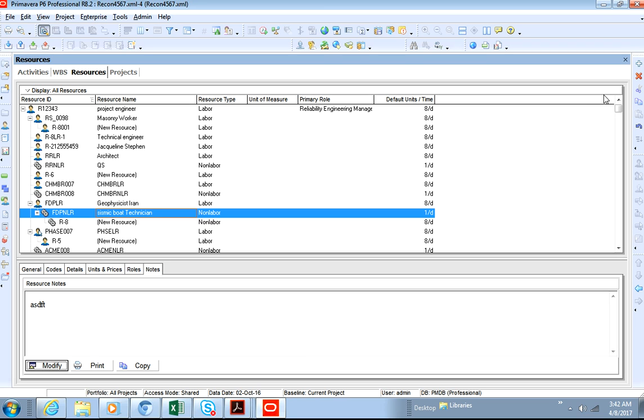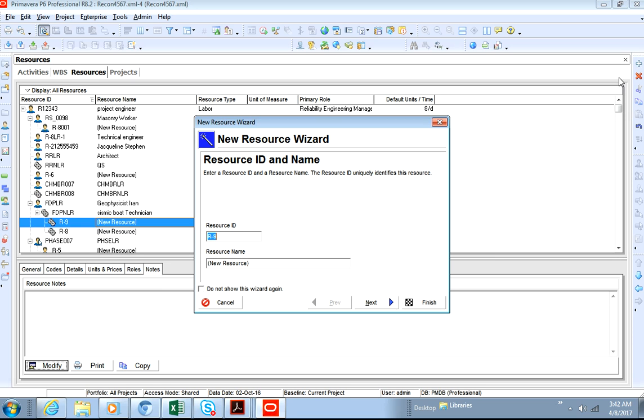Now, as I said, there are different ways of associating resources with activities. First of all, you've got to create the resources, and you do so either by using the wizard. Anything to the right of the panel will be the wizard, and anything to this side here with the right click would just literally create the resource. So it's better to use the wizard because it walks you through it. So we'll use it as